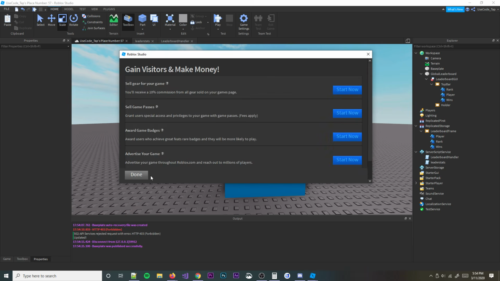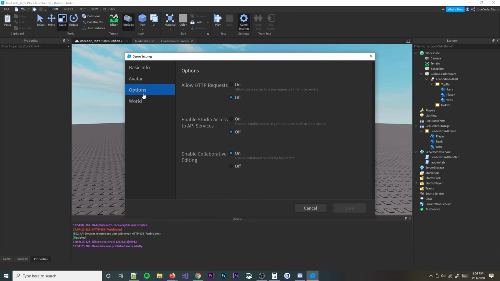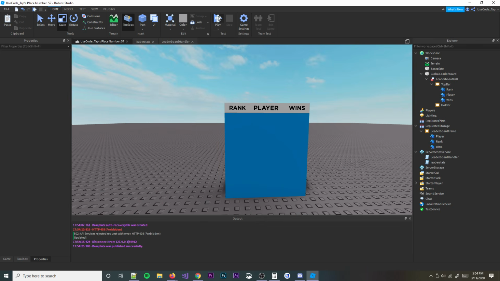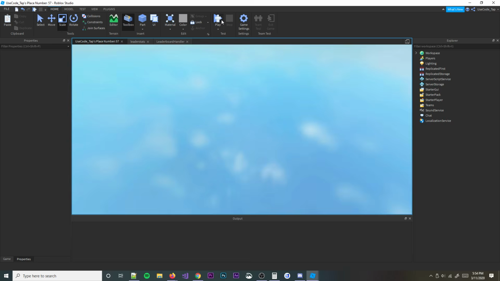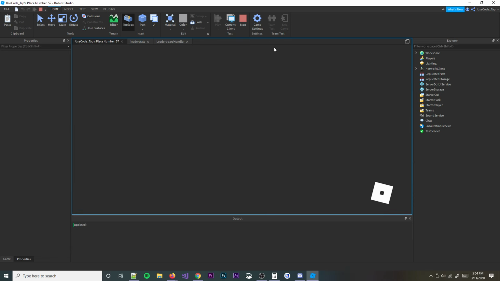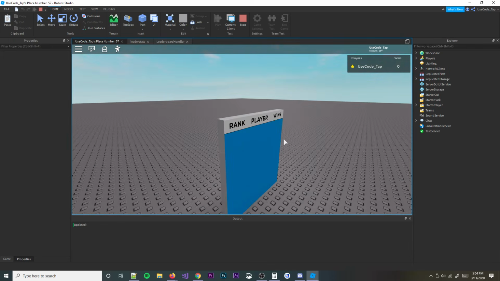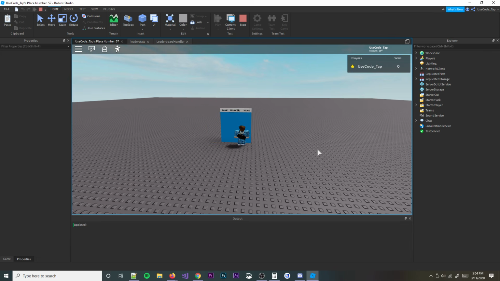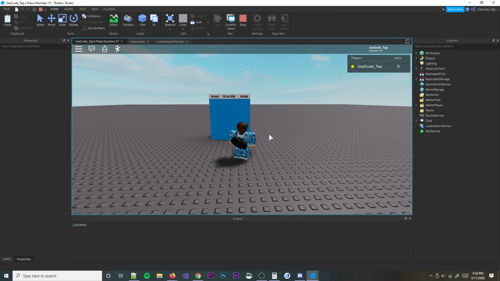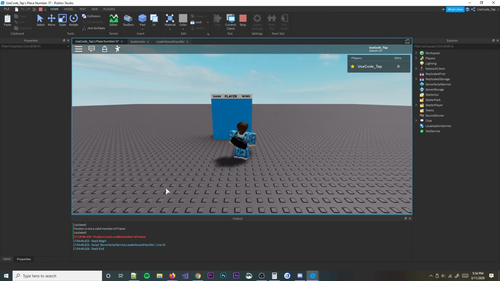There we go. Game settings, options, enable studio access to API services. We need to actually have data stores, obviously. So then we'll go ahead and hit play again, and it should work. So let's see if this works. Hit play, and then as you can see, it updated already, and we are not on there yet because we didn't actually save anything. But let's go ahead and see if this works, and let's wait 10 seconds, and then